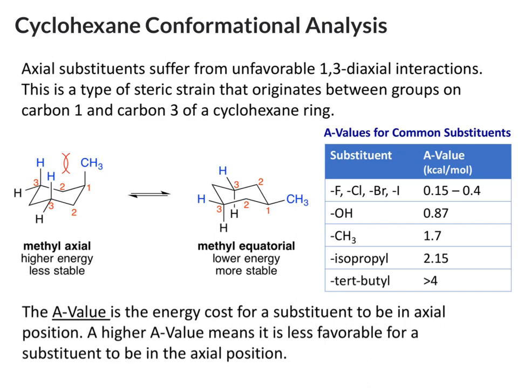There's a lot of information on this slide, but let's try to condense it down to the key points and start just by looking at the ring flip conformations here. So we have on carbon 1 this methyl group, and we know that when we do the ring flip and we get the ring flip conformation, axial substituents become equatorials, equatorials become axials. So this methyl group goes from axial to equatorial on that same carbon during the ring